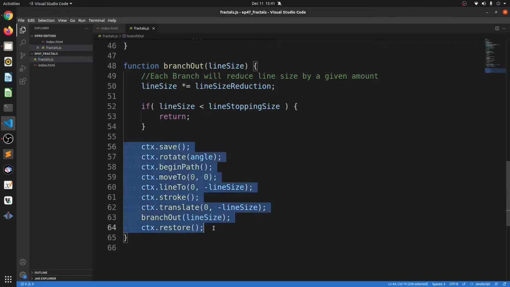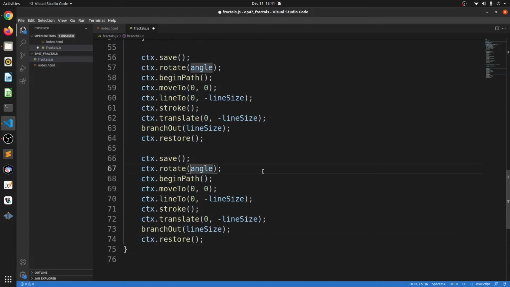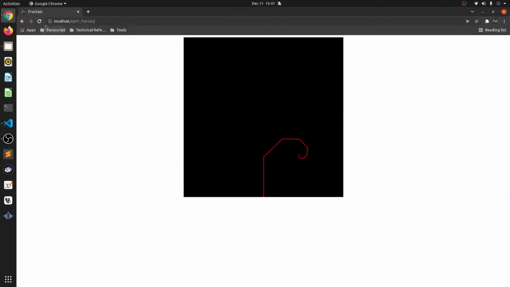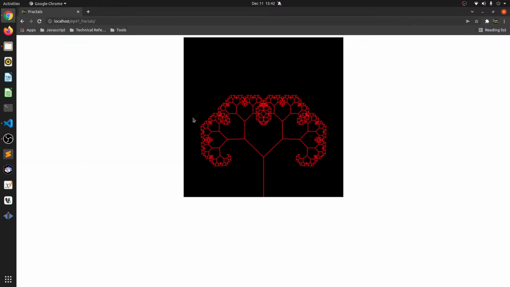Let's just copy the code from above. The only thing that will change here is that the rotation angle is now negative. So with just this one piece of code where we have the angle at a negative of the previous branch, you can see now that it perfectly creates this nice fractal tree. All right, so let's just play around with the thickness and the color and see how much more beautiful we can make this fractal.